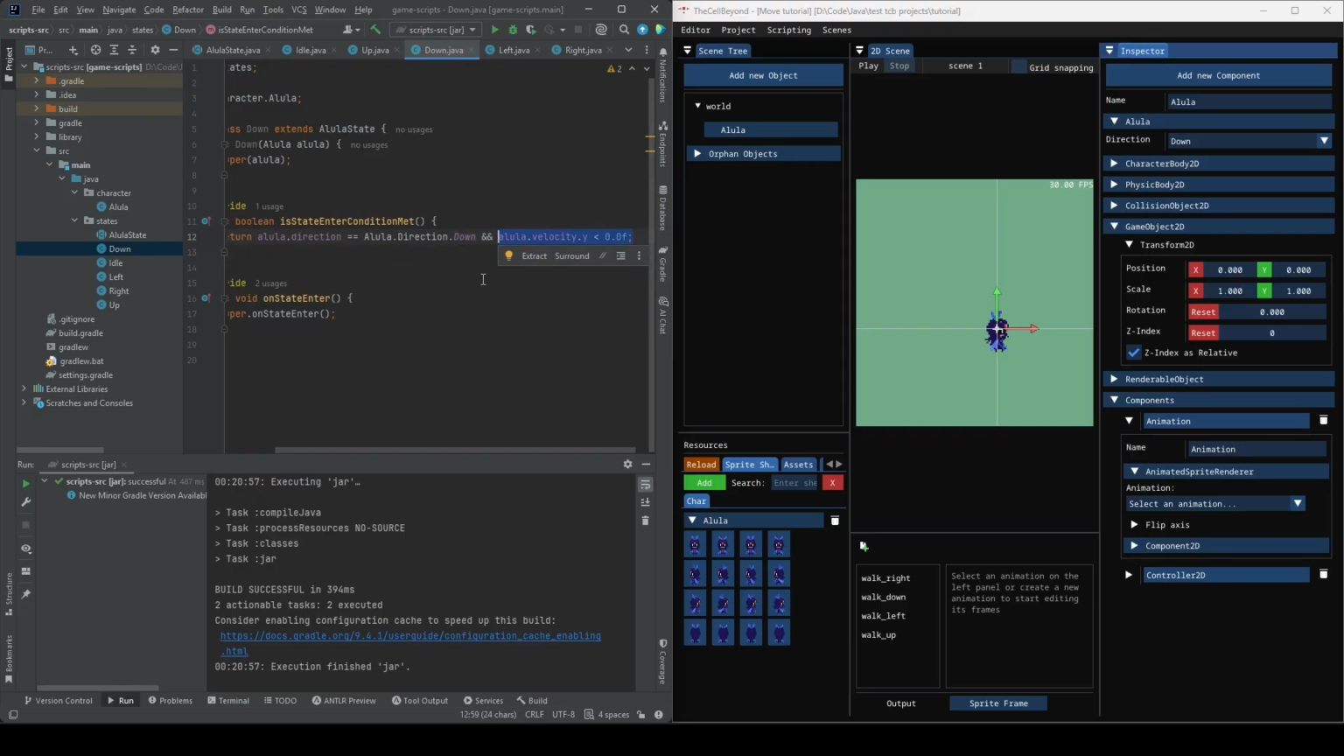So basically, if you are idling in the down state and we did not check for velocity, it means that we can switch back to the down moving state again. So that's the problem. So we need to check for velocity. So if there is velocity, then we can leave the state, like that. And on state enter,